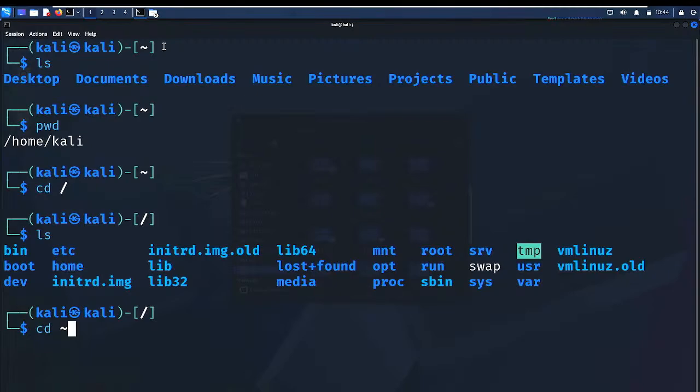It takes me back to the home directory. This tilde represents /home/kali, which is the home directory. Instead of typing cd /home/kali, I'll just type cd tilde or just cd and enter. It takes me back. Is it clear?